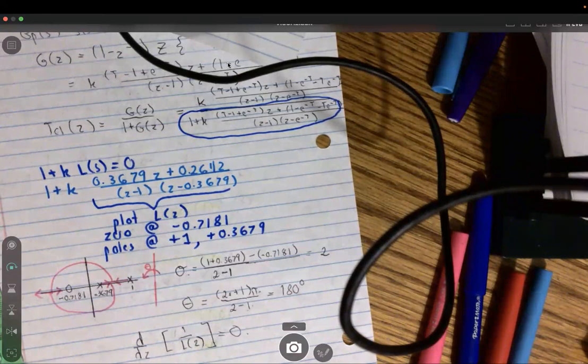For this problem, because we had to know which value of k, I remember I had that condition before, in which the system is stable. What we're going to see: find the range of k for which the system is stable. Give me a second real quick. You have to apply the